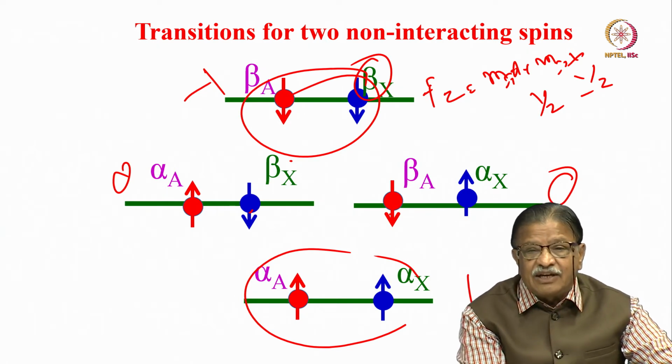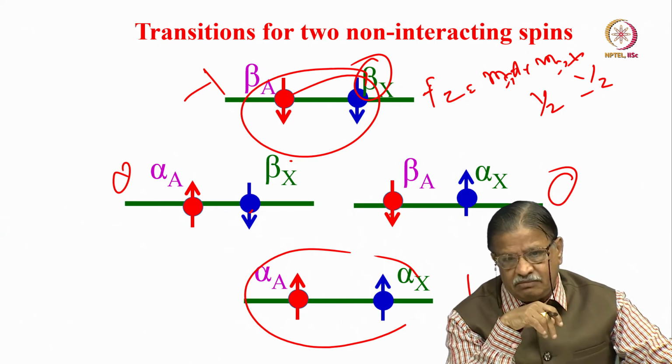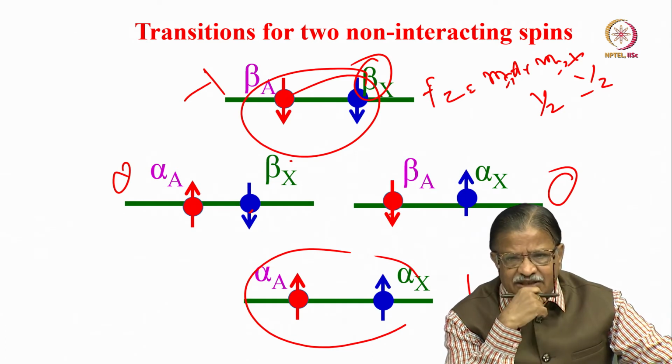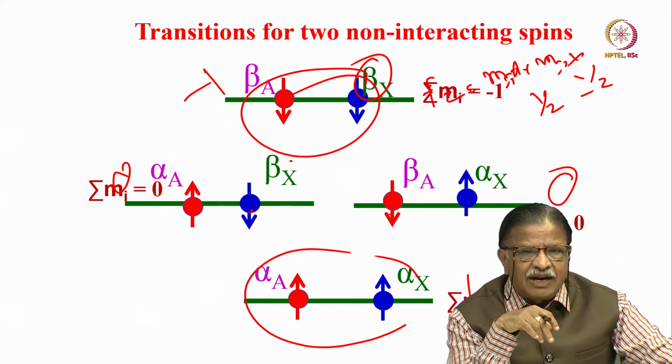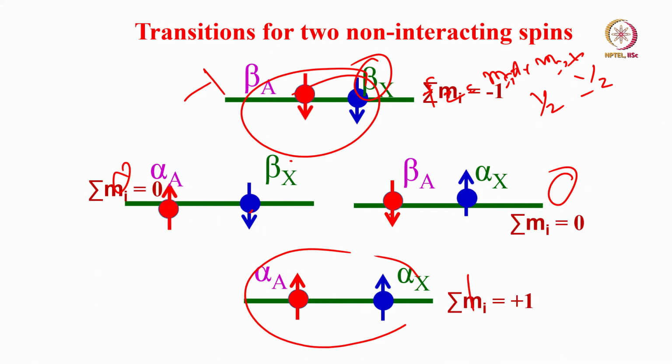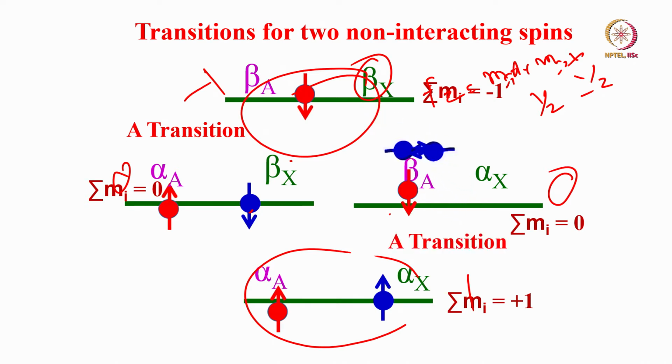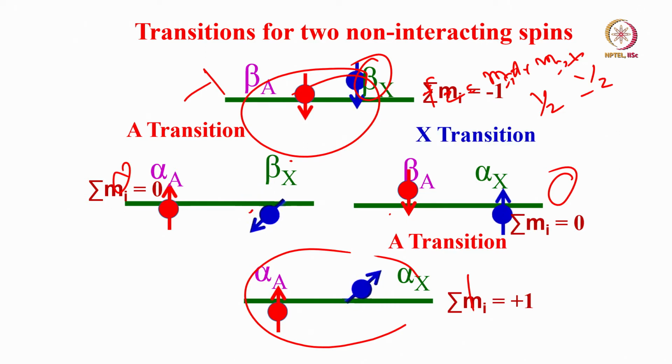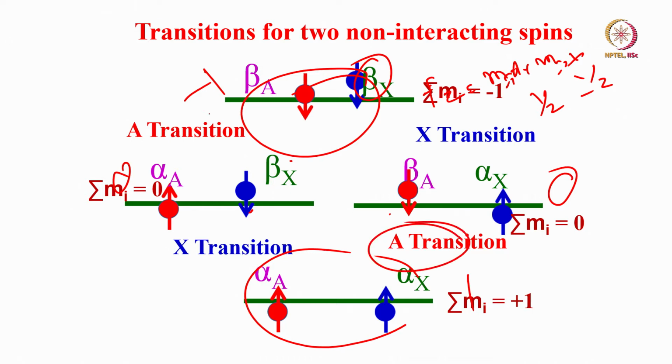So now the transitions are allowed between these as per the selection rule. I told you there are allowed transitions between these. For example, the transition between this and this is allowed. Alpha of A can go to beta of A. Starting from the first one, alpha of A goes to beta of A. Here alpha of A is going to beta of A. Allowed transition, plus 1 to 0, 0 to minus 1, both are allowed. Here alpha of X is going to beta of X, that is allowed. Here alpha of X is going to beta of X, that is also allowed. This is an X transition. So this is an A transition, this is an X transition.